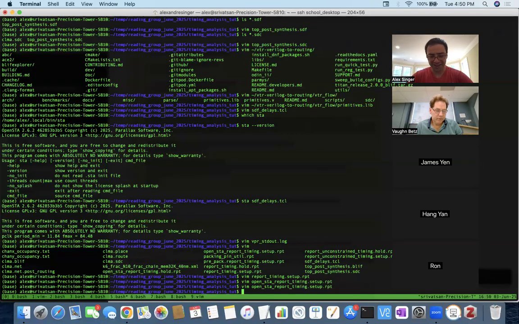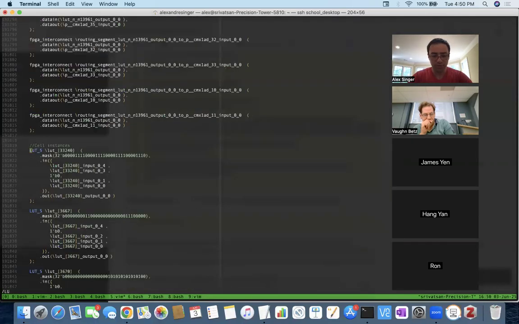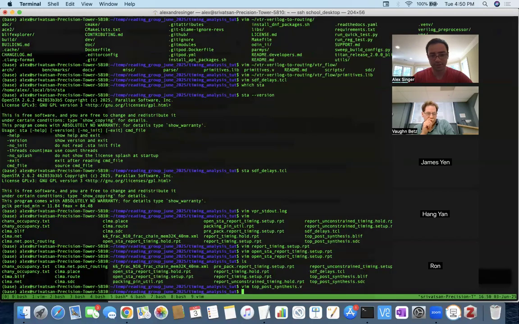Now, for fun, I actually really like the idea that Vaughn had. Let's try to screw with this to see if the non-unateness actually makes a difference. So I'm just going to take a quick look, and we can all just have some fun here. This is top_photosynthesis.v. I believe this only has LUT5s in it. Yes, it does. So what I'm going to do is open up the Liberty file that I just showed you guys,